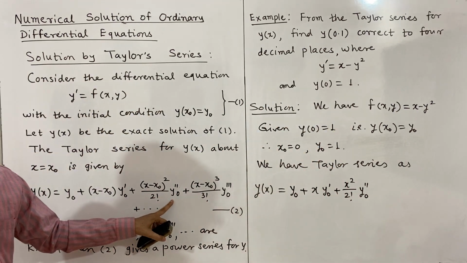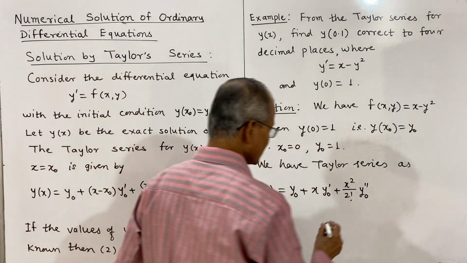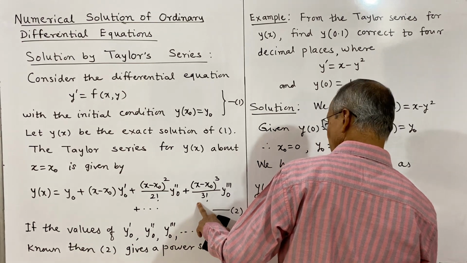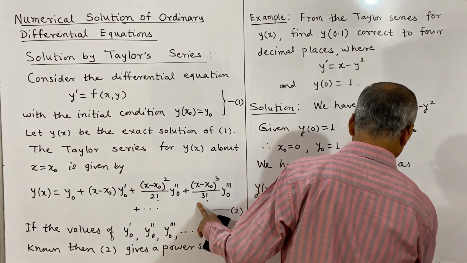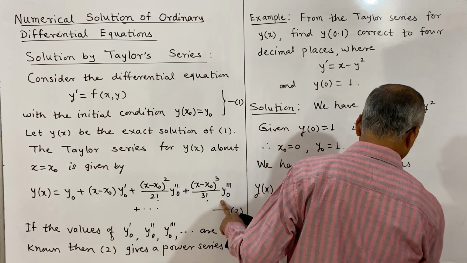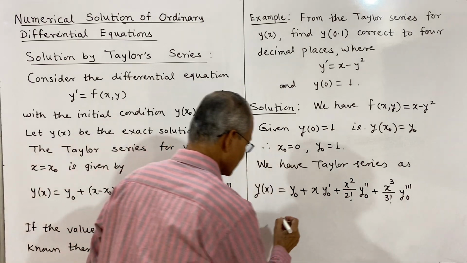This is the meaning of y naught second derivative, and plus x minus x naught, that is x cube, divided by 3 factorial, third derivative of y at x naught, plus,